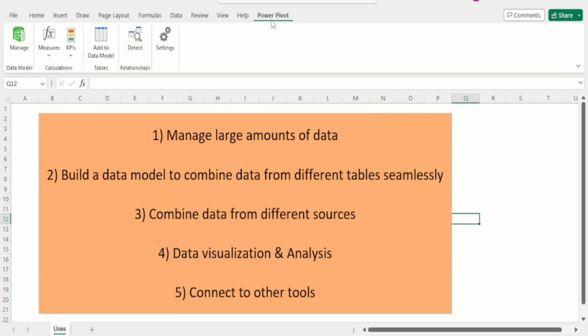The reason for that is that I've already added this pack. So in general, if you've just installed Excel and you have normal functionality, you're probably not going to see Power Pivots. In order to see Power Pivots, what you'll have to do is go to the option for File,